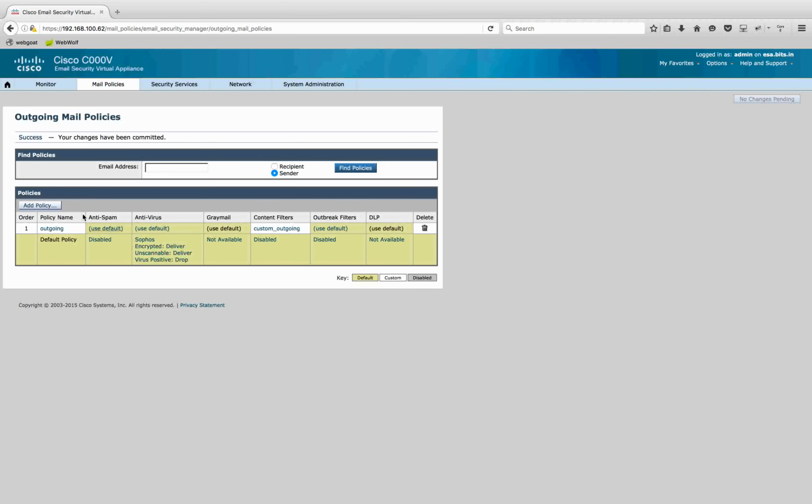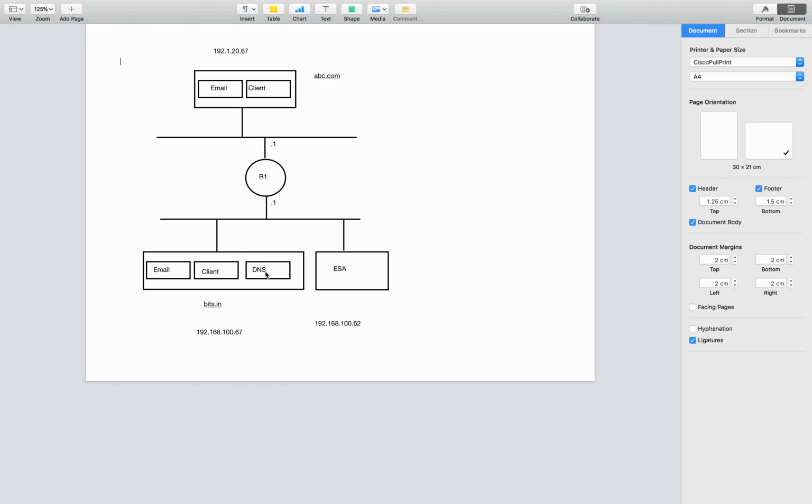So that is all which I wanted to cover. What we did was we installed ESA, right? Let me recap whatever we did. So we initialized and installed ESA, then we integrated the email servers, the DNS basically. The whole setup, right? We basically built the whole topology from the ground up. So we put in the DNS server, we put in the email servers on both sides for both the organizations, and then we also put in the ESA, and we